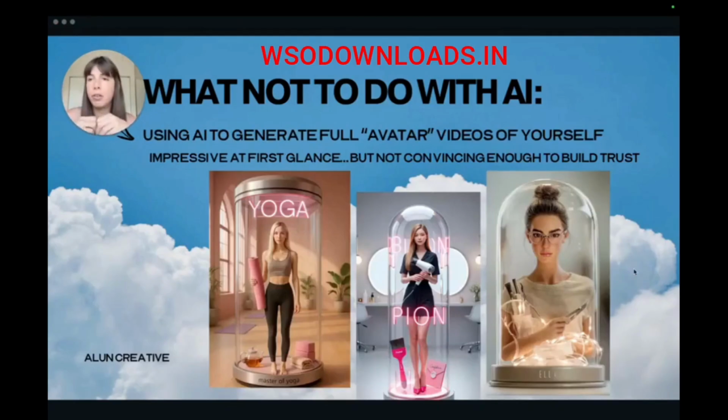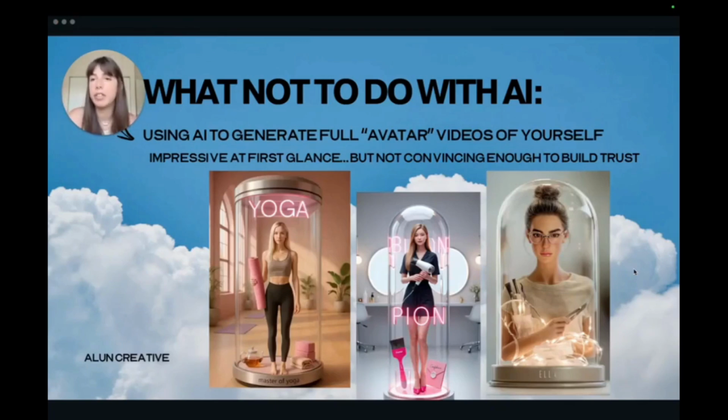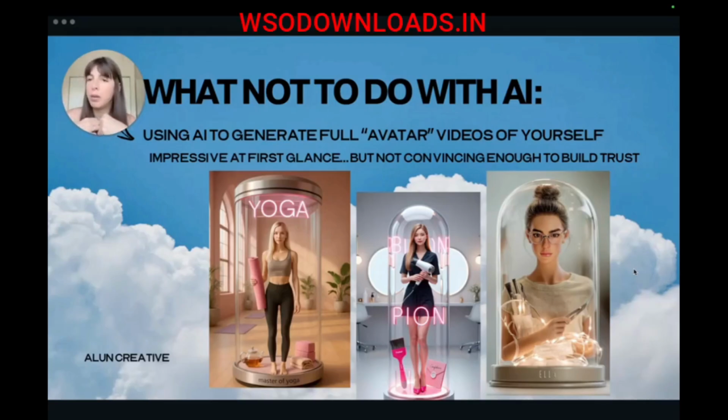The second thing you need to avoid is using a fully generated avatar of yourself. It's nice at first impression, but it's not convincing in the long term. It's not creating any personal connection. The skin looks too smooth. The way the body gestures is not correlated with the mouth. And for me, it's still not there. The tools, of course, are amazing and there are tons of options. But personally, when I want to connect with other people, I still prefer a human touch.